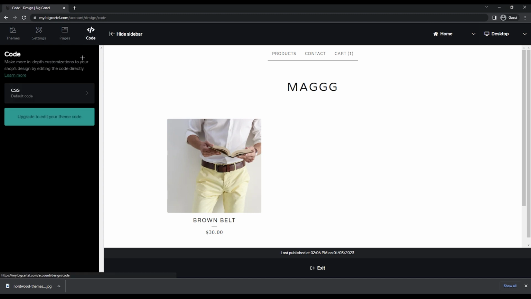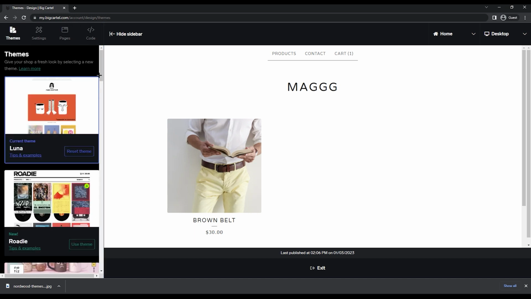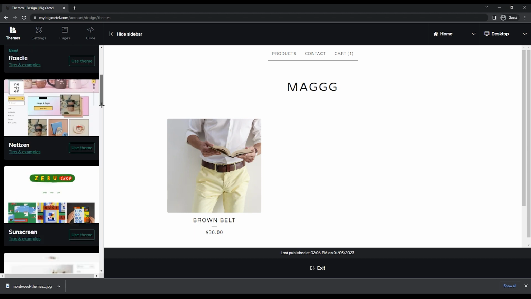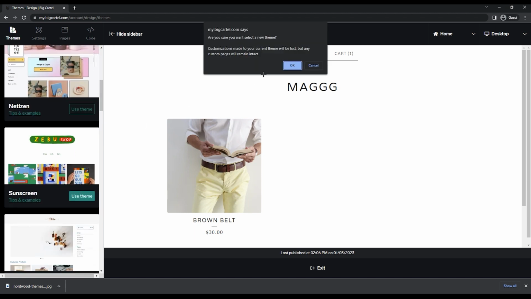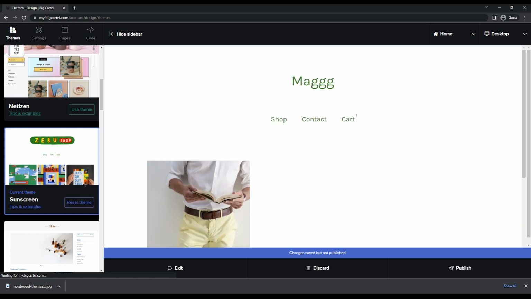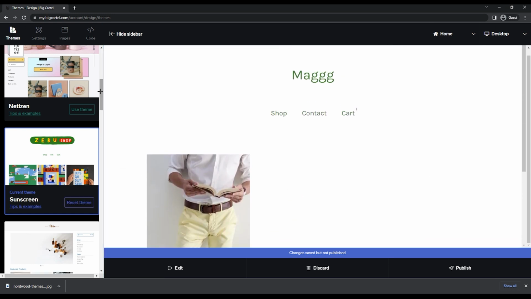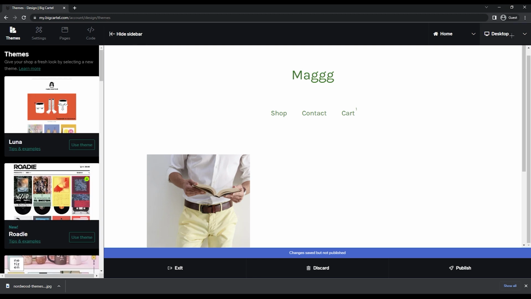After that you have your coding, but you need to upgrade for that. And you have your theme. So here you can choose your theme. Right now it's just this one, very normal, and if you click on use this, it would take some time. And here we are, this is the theme which we have chosen. So that's how you are going to add it, and you can preview that in desktop and tablet and even phone version. So yeah, after that go back to dashboard,